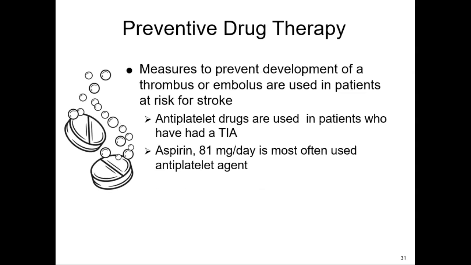All right, so preventative drug therapy, platelet inhibitors. We would use aspirin, 81 milligrams, that's most common for prevention, especially following a TIA. We would give high-dose aspirin, 325 milligrams, within 48 hours of the start of an ischemic stroke. Some of the other meds would be